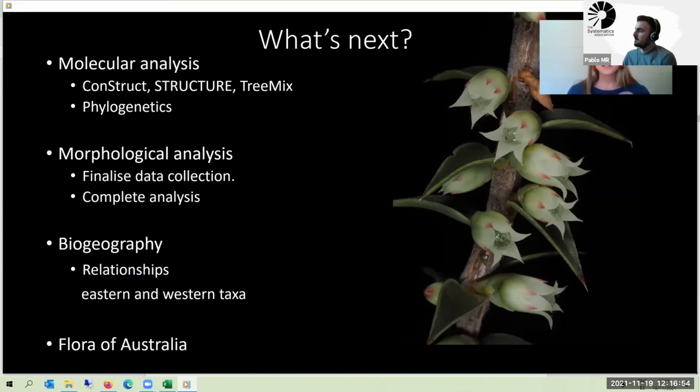Time permitting, I'm keen to look at the biogeographic history of this genus, which could help reveal the relationship between the arid adapted Western Australian Melichrus and the more broadly adapted Eastern species. All of this is working towards producing the first Flora of Australia profile for Melichrus, which will make this taxonomic classification accessible and usable for a wide range of stakeholders.